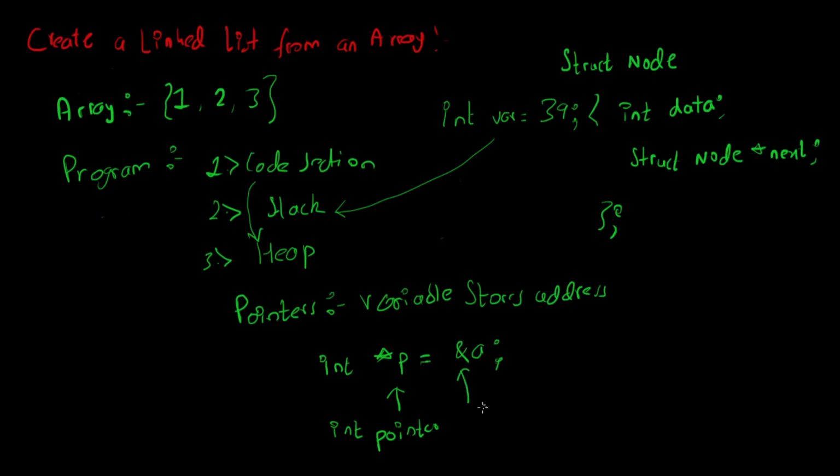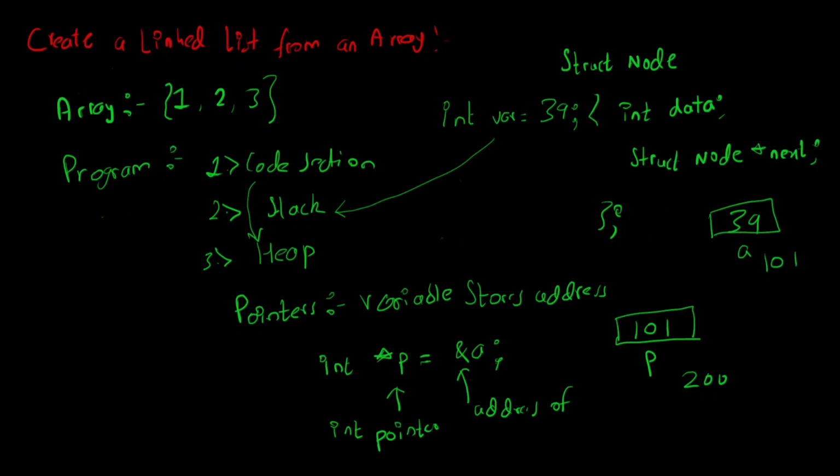So this is the ampersand, the address-of operator. Let's assume this is the block for P, and this is the block for A. Let's say that A has an address 101, and obviously P is also a variable, so it also has some address. Let's say it is 200. So what P stores is actually the address, not the value. If you say A is equal to 39, it means the value at A is 39, but what P stores is the address of this variable, which is 101.